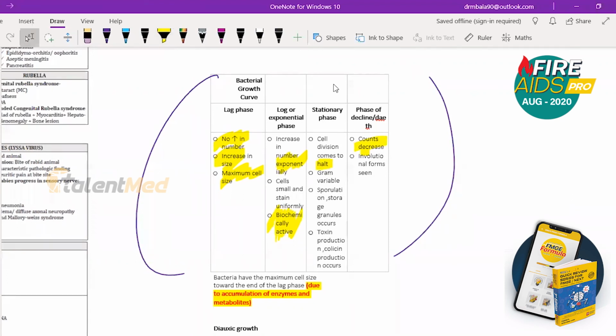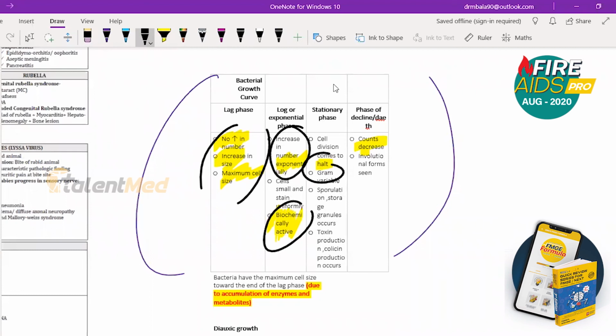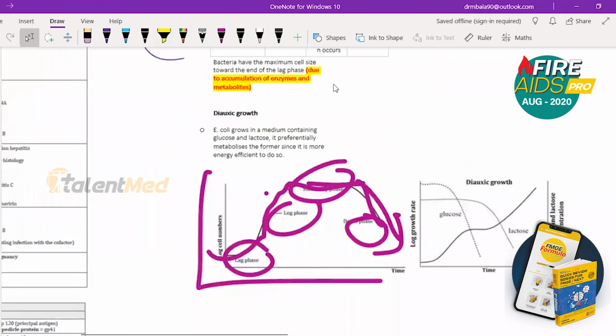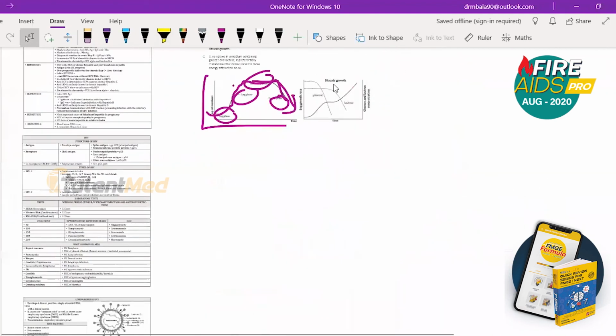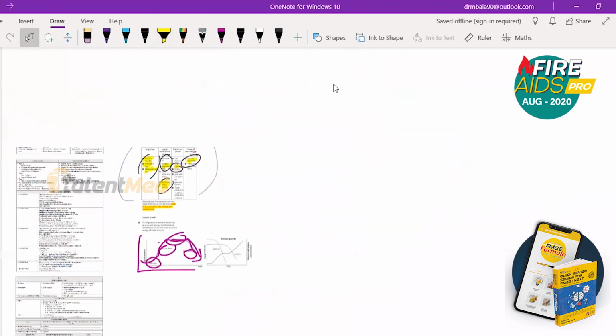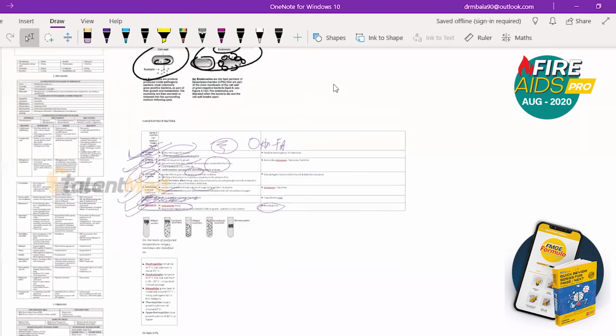Okay. So these are the MCQs that you need to know about bacterial growth curve. I repeat, lag phase means everything is increasing. Log means growth just explodes like anything and it is biochemically active. Stationary is a halt, just everything stops. Decline means decline, it is going to decrease. So these are the 4 points that you need to know here. So this is what I wanted to say before starting anything.